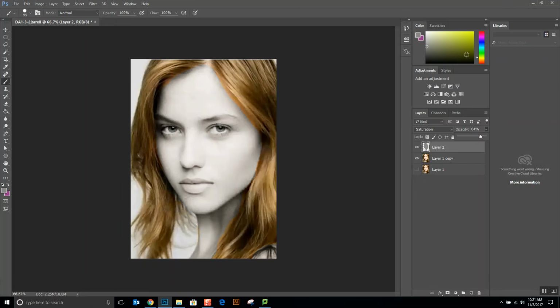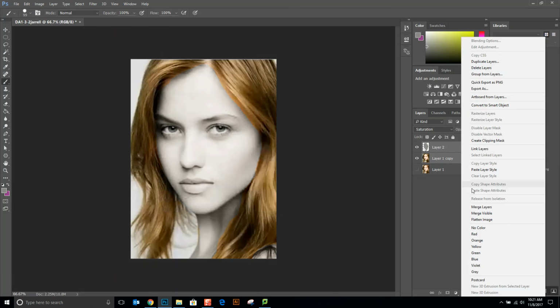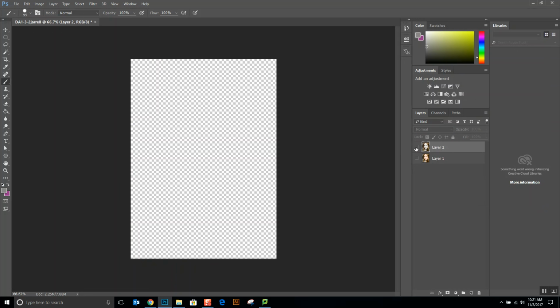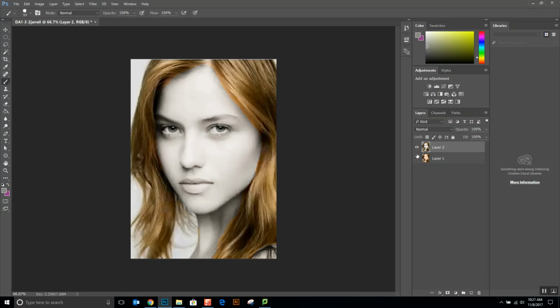All right, so now we're going to hold down the Shift key with this layer selected, and select the layer underneath it. We're going to right click and click Merge Layers. So now these two layers are one. So we have this guy and then we have this guy. We no longer have three layers. With this layer selected,